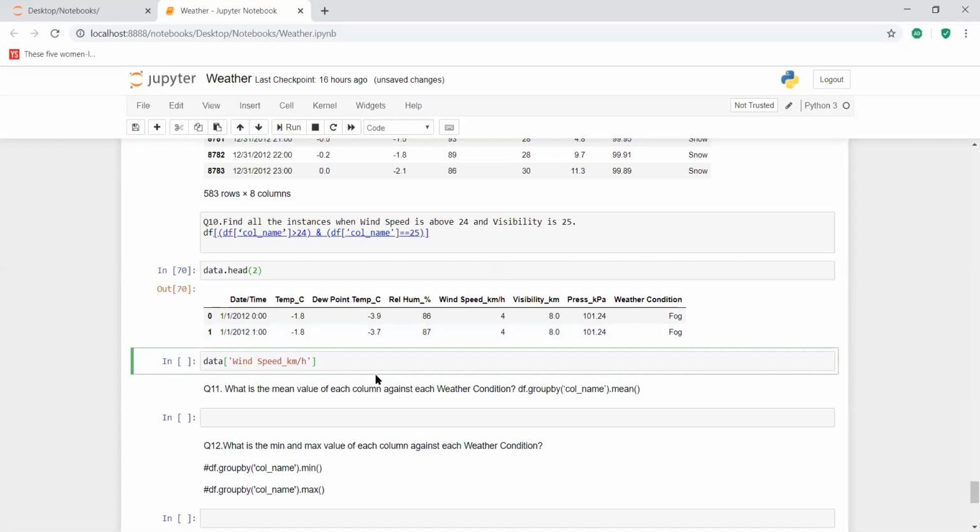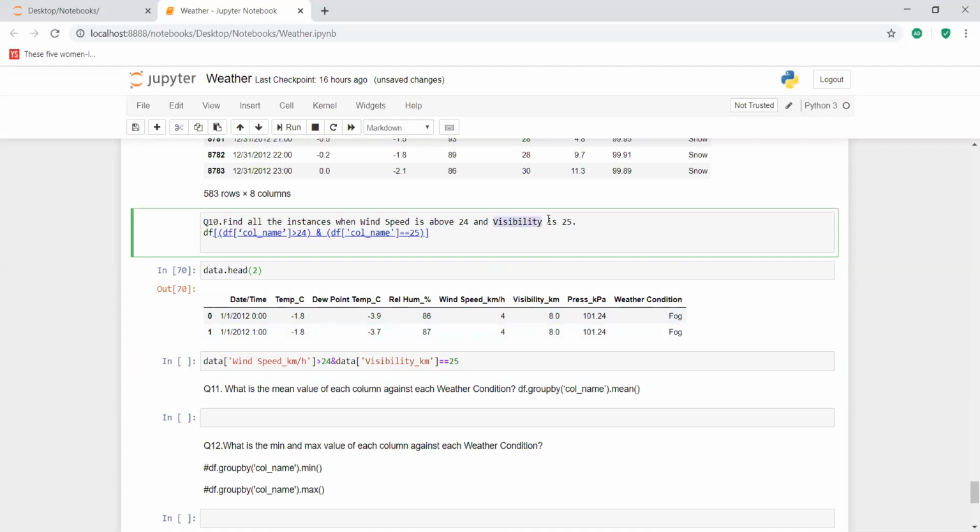So it is going to be greater than 24, and there is an and condition, so the ampersand operator. Visibility, we have to work on the visibility column also. Now again, you refer to the column. Since this visibility does not contain any space, you can use the dot operator, or you can use the square brackets also. Okay, visibility is double equal to 25. Visibility is 25. You see the question? Find all the instances when wind speed is above 24 and visibility is 25.